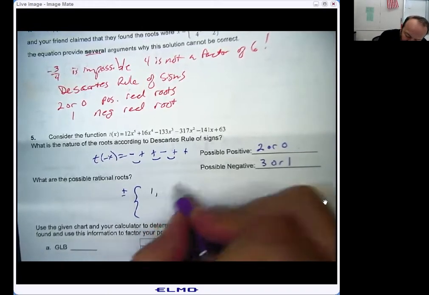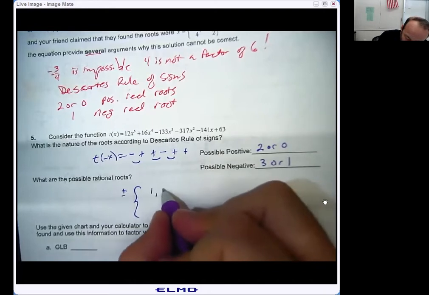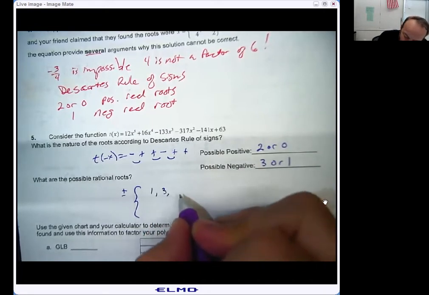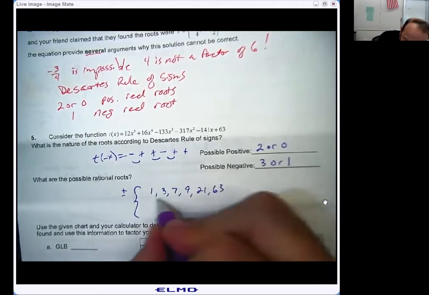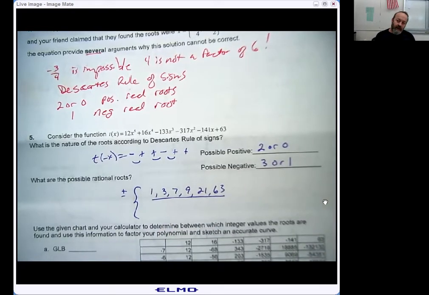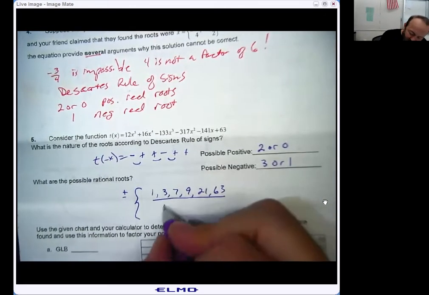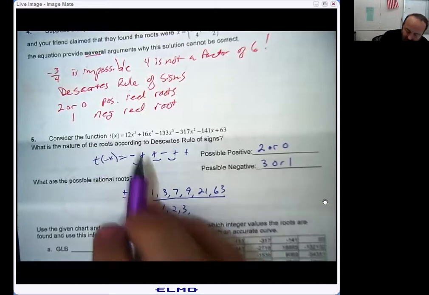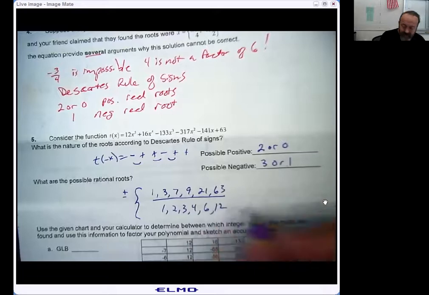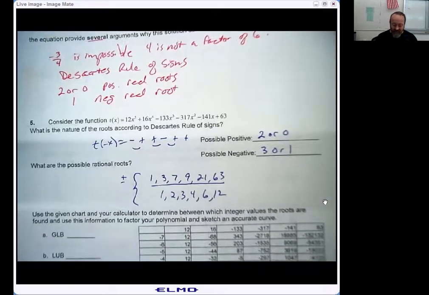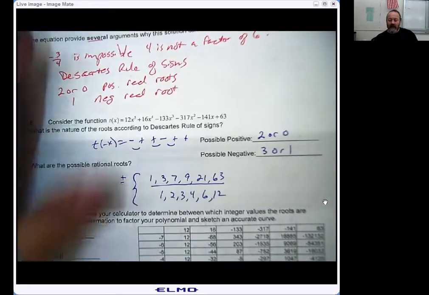Well, the numbers that go into 63 are 1, 3, let's see, what else goes in there? 7, 9, 21 and 63. Now, I don't think it's likely that 63 is going to be a root, but we do have kind of a laundry list of denominators because there's a lot of numbers that go into 12. So, unfortunately, we have an awful lot of answers right here,